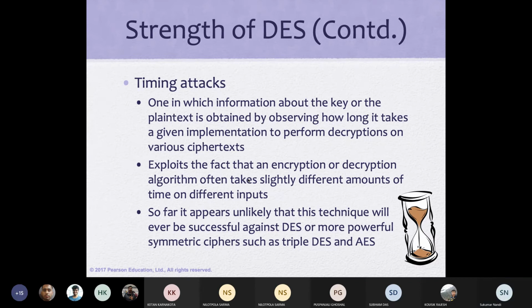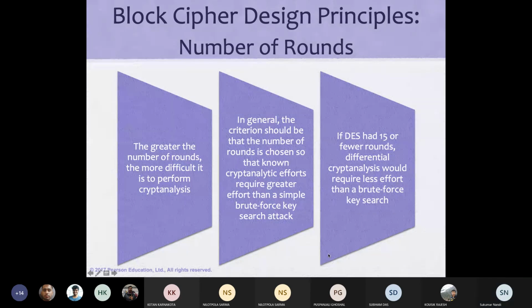Similarly, if the message is the same, but a key bit changes, and the time taken to execute the whole block varies based on the 1-bit change in the key or the different bit position in the key, then it is guessable which bit it is. This is basically what timing attack is about. We'll discuss in detail in subsequent classes.